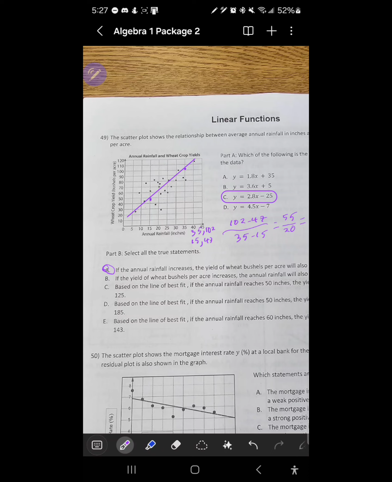Basically, I'll say also yes, because if one increases, the other does. So if we